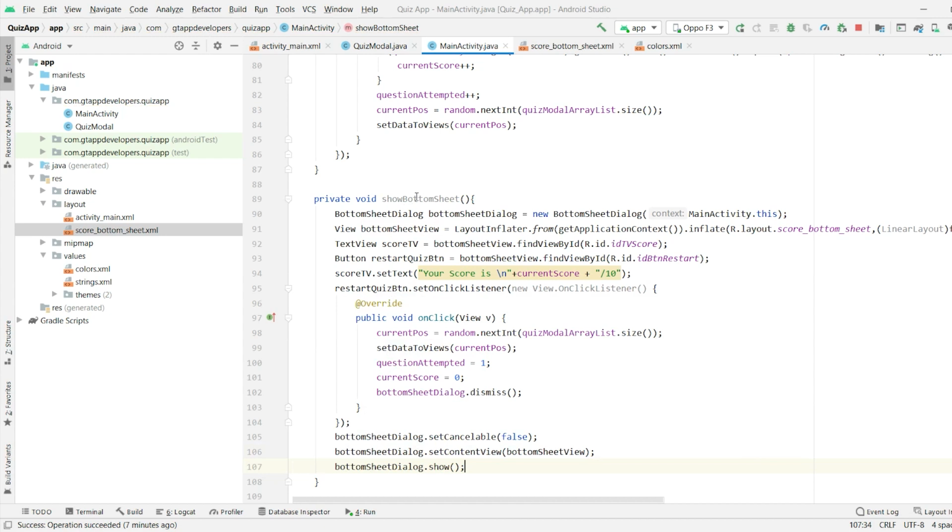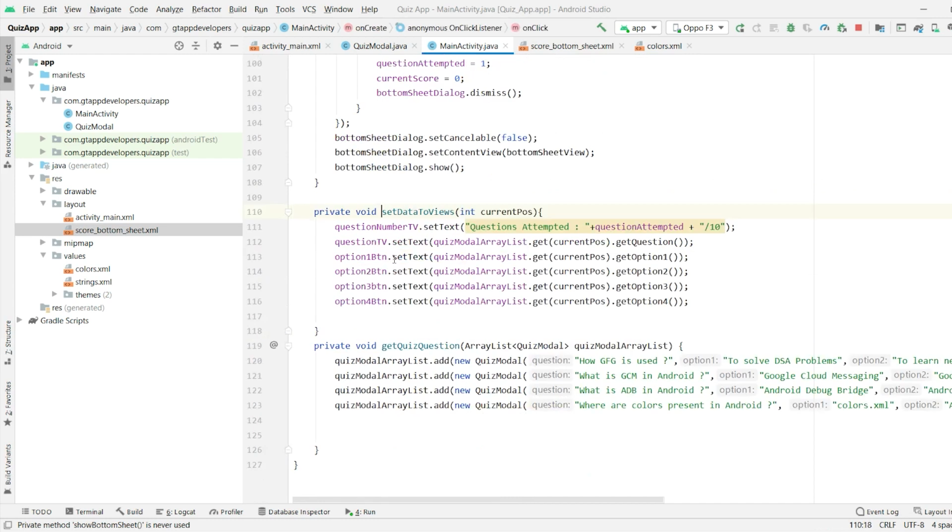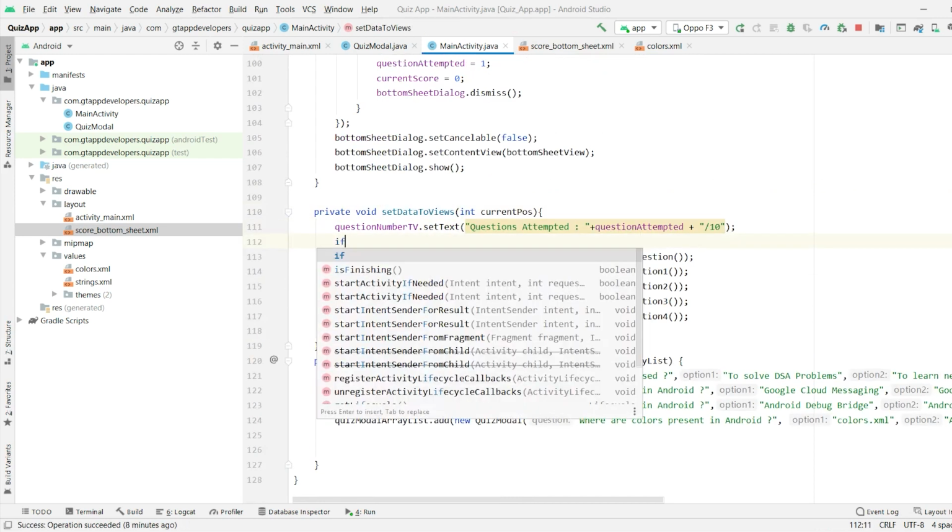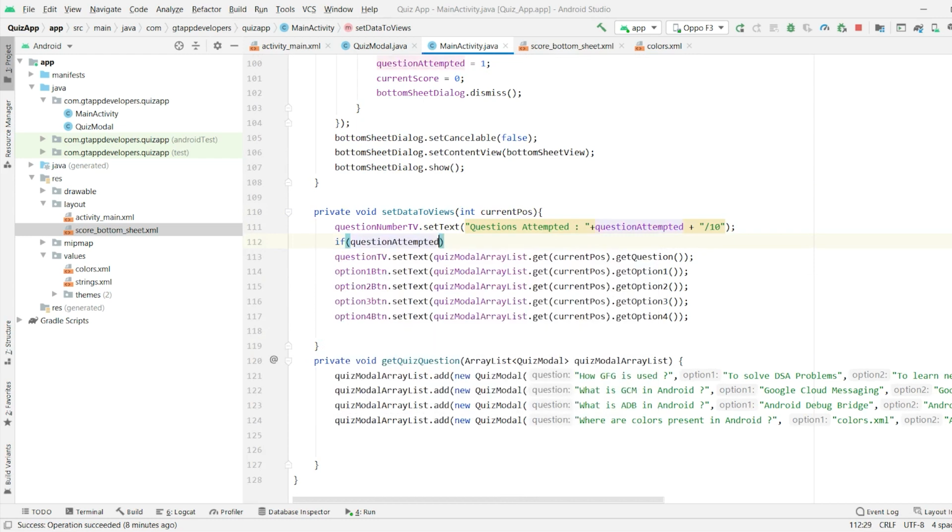Now we have created this method, but we have not called it yet. For calling this method, we have to check whether the user has attempted the 10 questions or not. So inside our setDataToViews method, we will check if questions attempted is equal to 10.